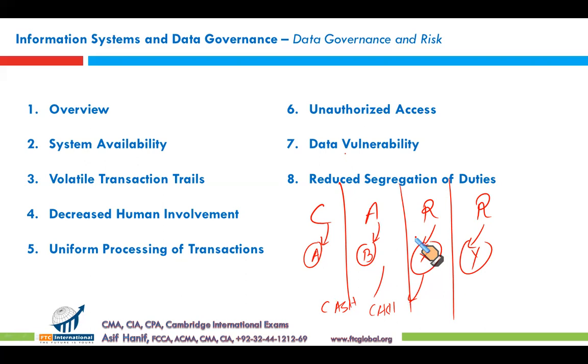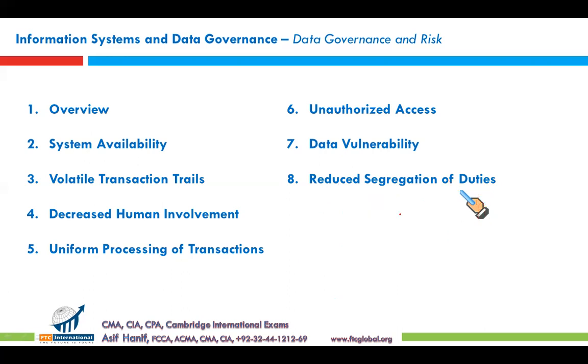For this information system, there must be some alternative controls to make sure that a person having this much authority of custody and reconciliation cannot misappropriate cash. I gave you an example, like in large departmental stores, the person at the cash register has cash. He is the one who has the custody of cash. He is also the one who has the record keeping of cash. Custody of cash and record keeping of cash, because when you receive cash in the cash register, the inventory records are updated. So these two functions are done simultaneously.